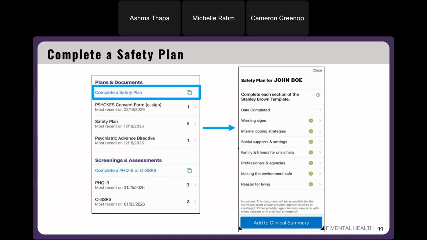And then you can complete a safety plan in the mobile app. Here we've gone down to the plans and documents section of the PSYCKES mobile app. You can see any previously entered plans or documents, and then you can tap complete a safety plan, and that will bring up the Stanley Brown safety plan template, which you see on the right-hand side. This is where you can start filling out the safety plan template fields. You could even save a draft if you want to come back to it later on. But once it's done, you can add it to the clinical summary and it'll appear right in the plans and